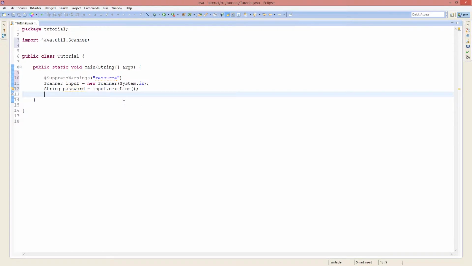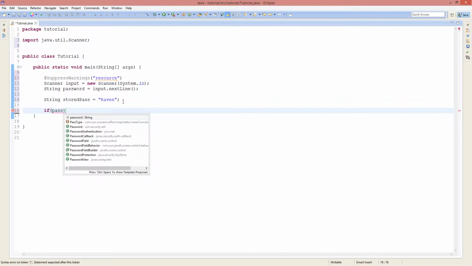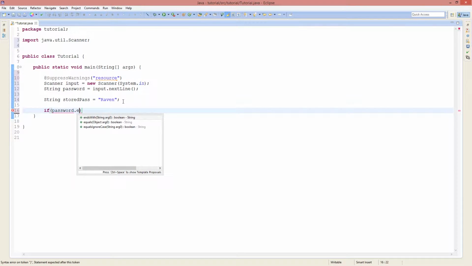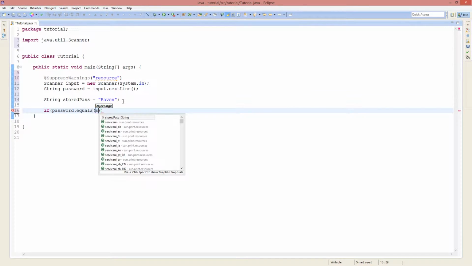All right, excellent. Let's go and declare another variable, and we'll call it storedPass, the stored password, with the password being Raven. We can think of this as already in the system. Now let's go if password.equals(storedPass)